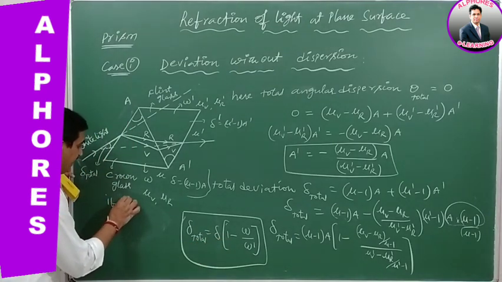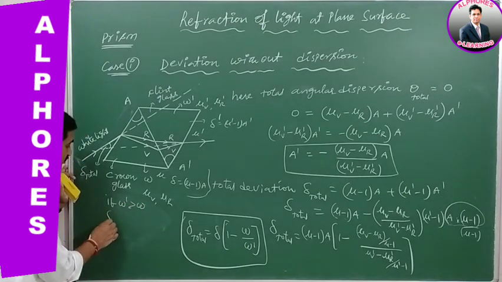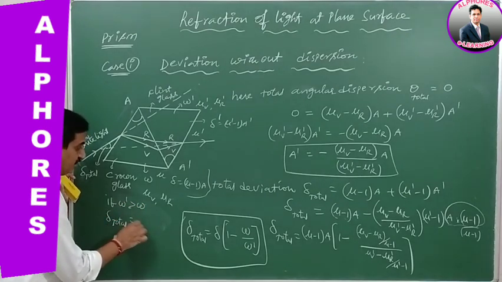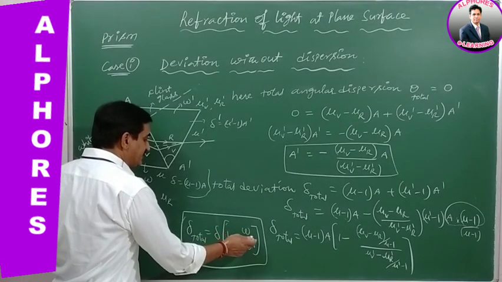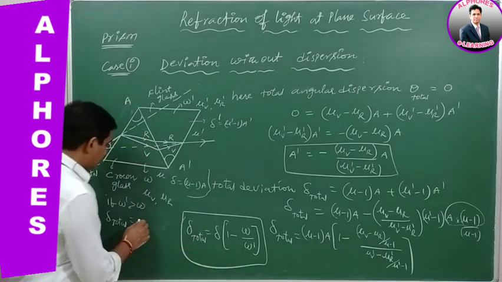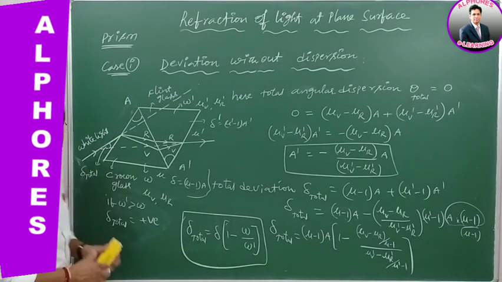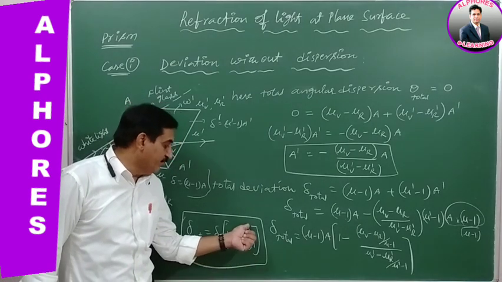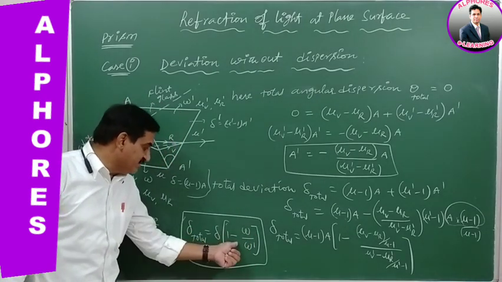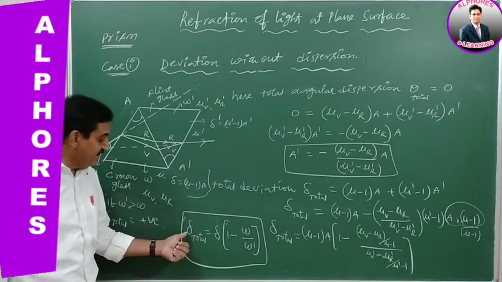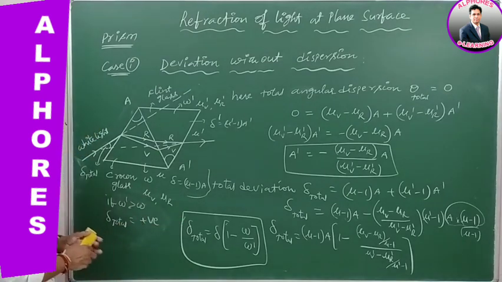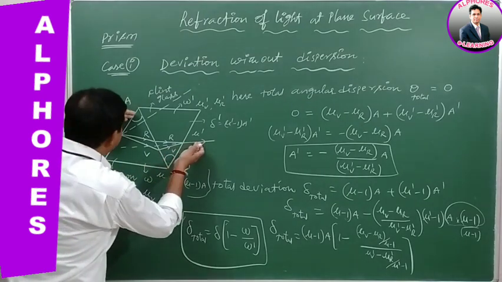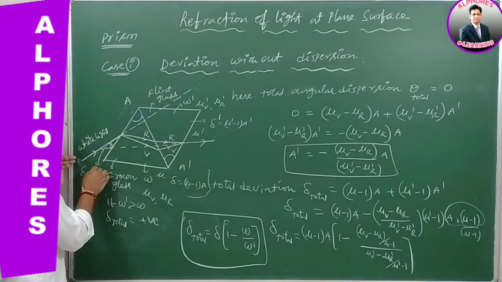If omega dash is greater than omega, then what is the total deviation? Take omega dash is greater, omega dash minus omega by taking LCM by omega dash, so you will get this positive value, no doubt. Here omega dash is greater than omega, so by simplifying this, by taking LCM, you will get total deviation which is positive. Positive in the sense that it is giving the deviation by extending back. Here the total deviation is a positive value.